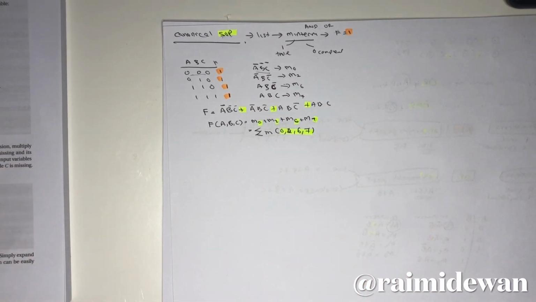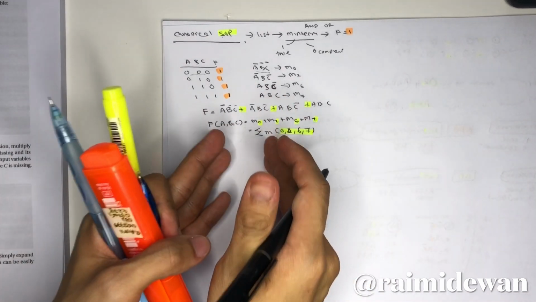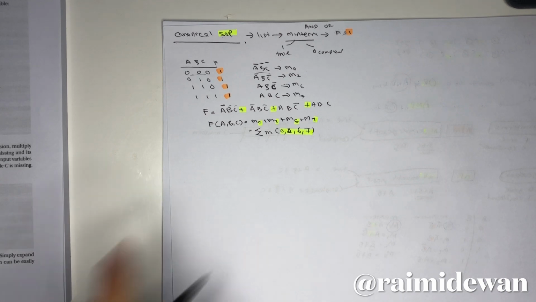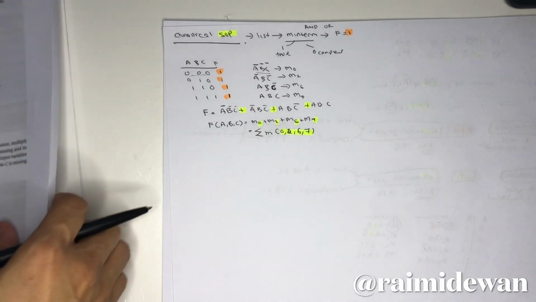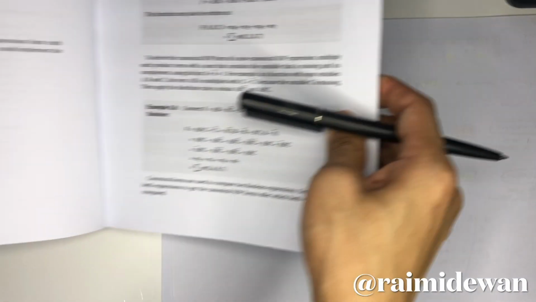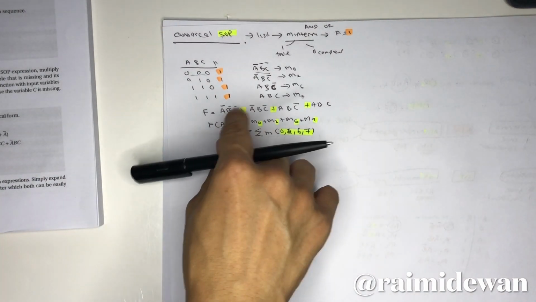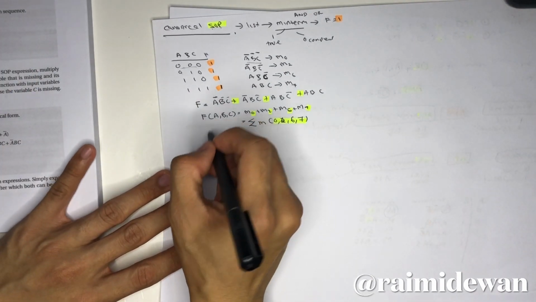Okay, now the next step is to convert. Let's say we have this equation, okay? You want to convert them back to canonical form. We have this function, we want to convert to the canonical form, okay? Normally we try with the one that is already simplified, okay? For example, this one, the question is convert